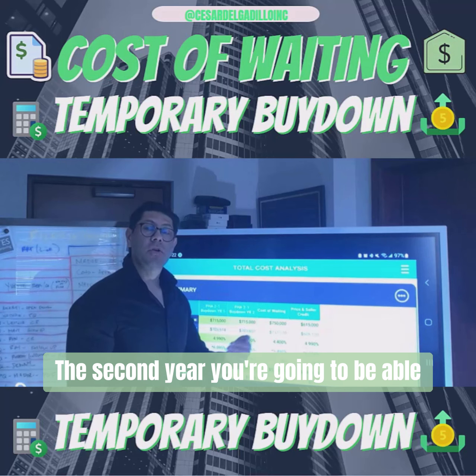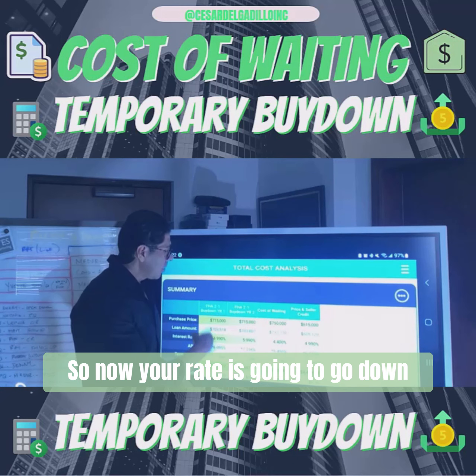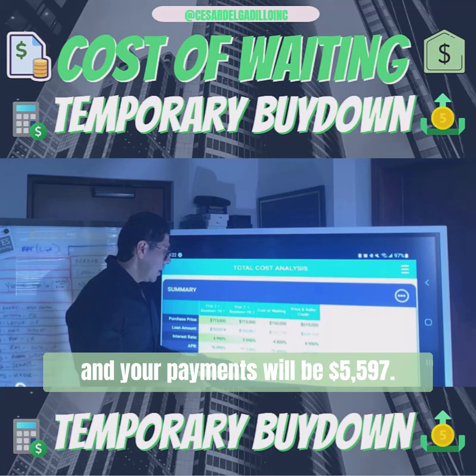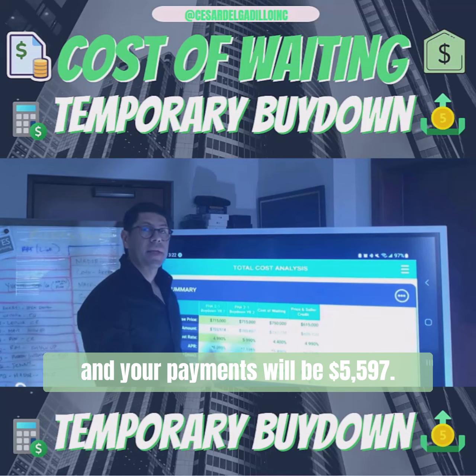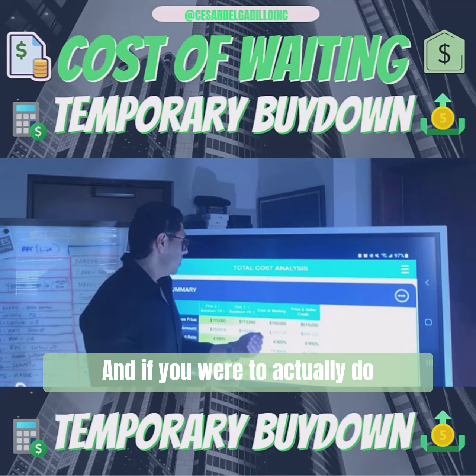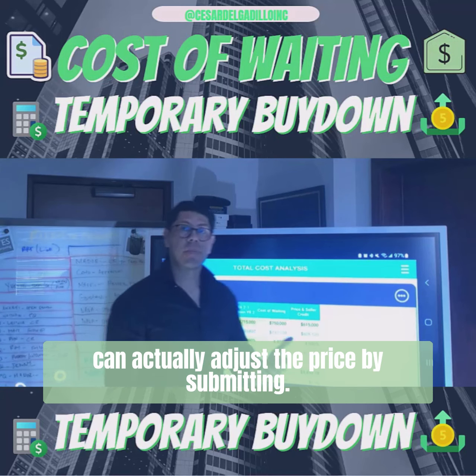The second year, you're going to be able to buy it down by 1 year. Same thing with that same 3% seller credit. So now your rate's going to go up to 5.99% because it's only 1% that goes down, and your payments will be $55.97. And if you were to actually do the price and seller credit, where you can actually adjust the price by